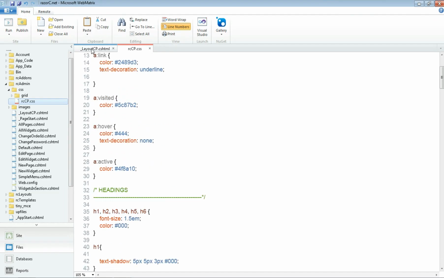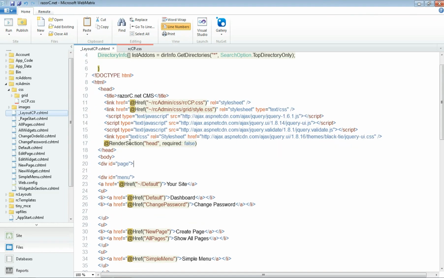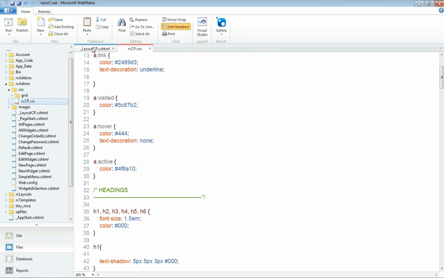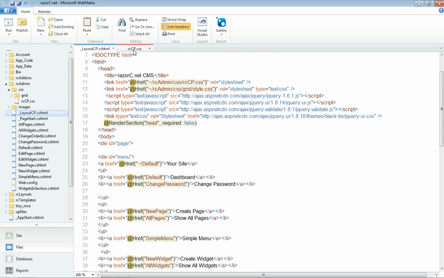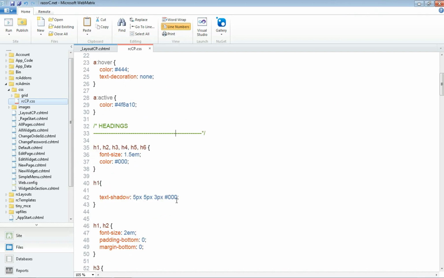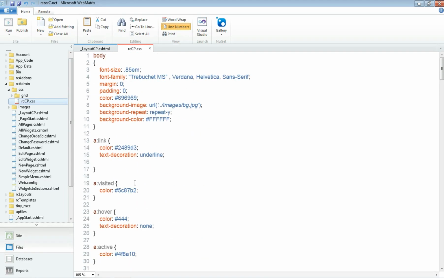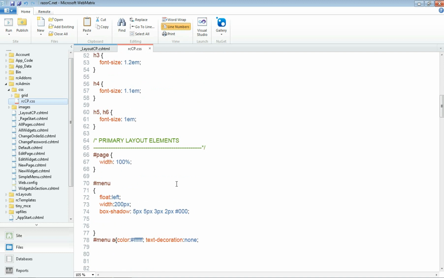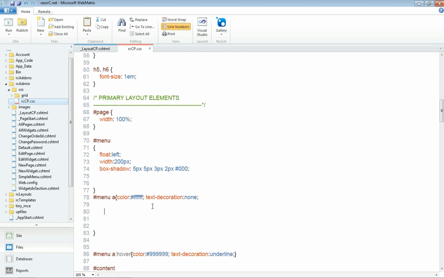Now if you go back here to layout CP, this time I'm going to give these links a fading effect when they're hovered over. If you look over here, they don't fade in and out, but it's possible to do. And there are menu links which are here. So all you do is type in WebKit transition color 1 second ease in,